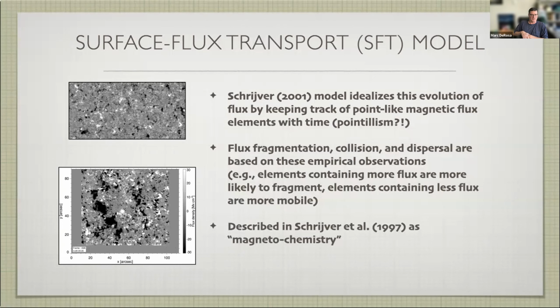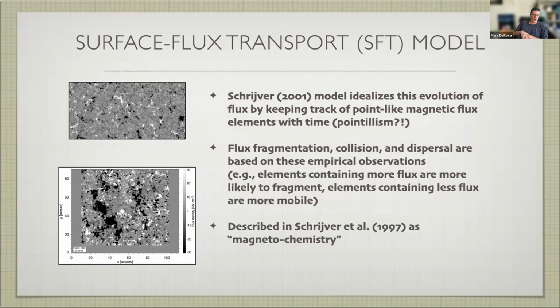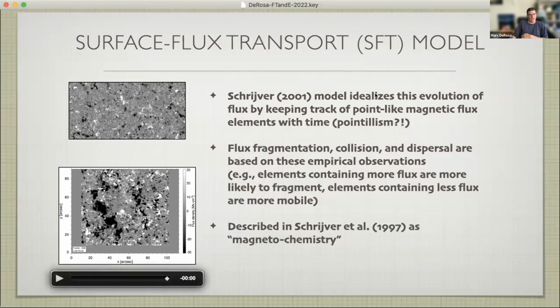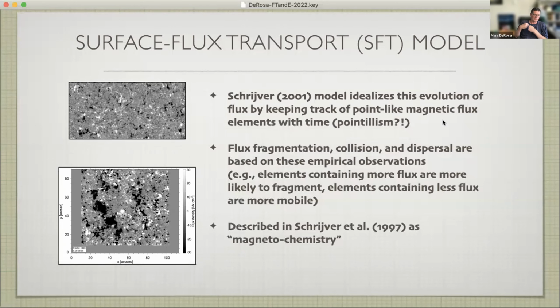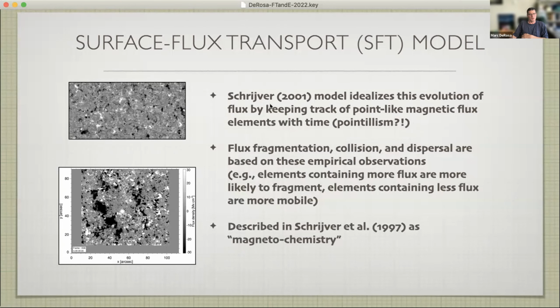Each point is assigned a certain amount of flux, and it has a latitude and a longitude on the model photospheric surface. And these points get moved around with time. If this were a pointillist painting, then I guess that makes Carl a Dutch master of some sort. But anyway,